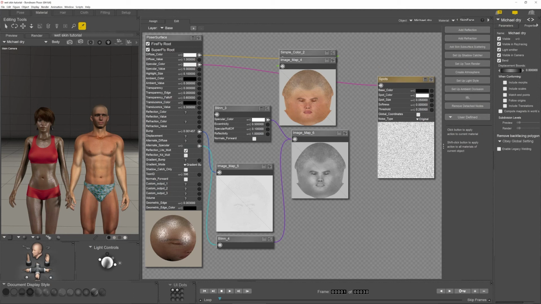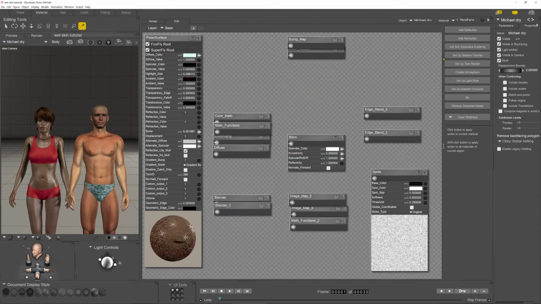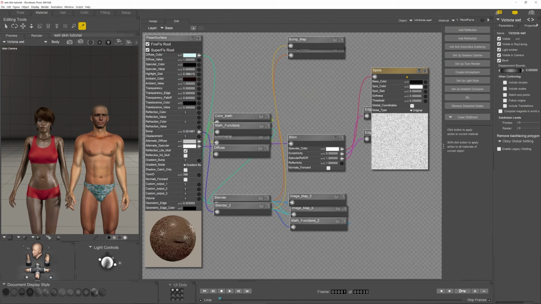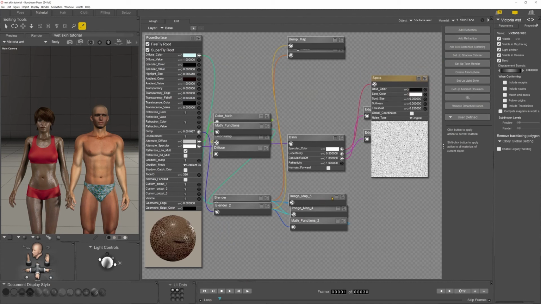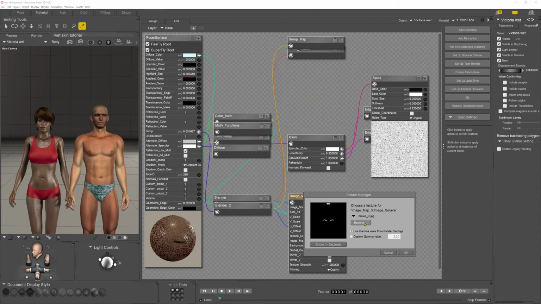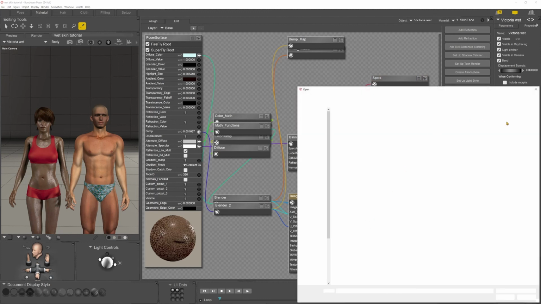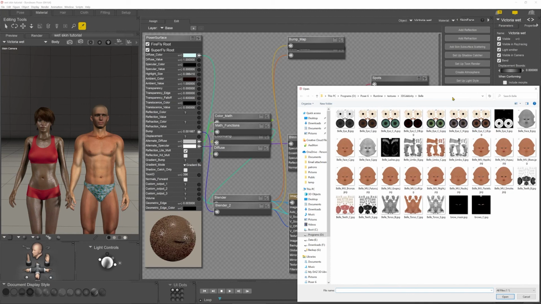If you were super concerned about mixing in the specular map that the original creators had made, so you get the highlights and your wetness, let's just take this figure. I'm just going to find out where the textures are for this figure by clicking. Alright, so it's 3D Celebrity Bell. So I'm just going to copy that path